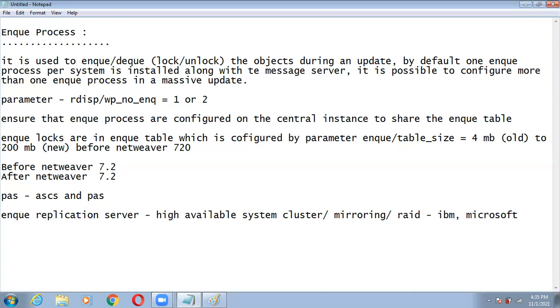So whenever you want to go for the NQ replication server, you need to install it on high available systems, that is IBM, Microsoft. This high available system is also called a cluster,